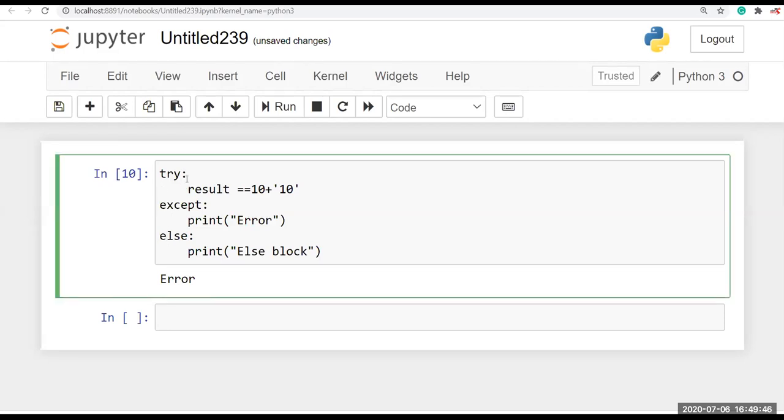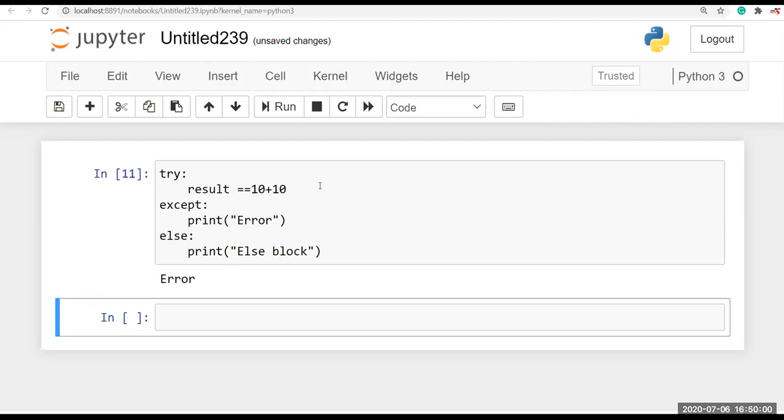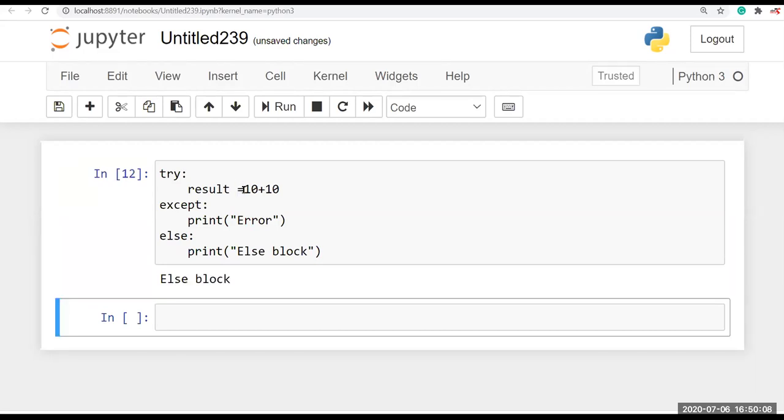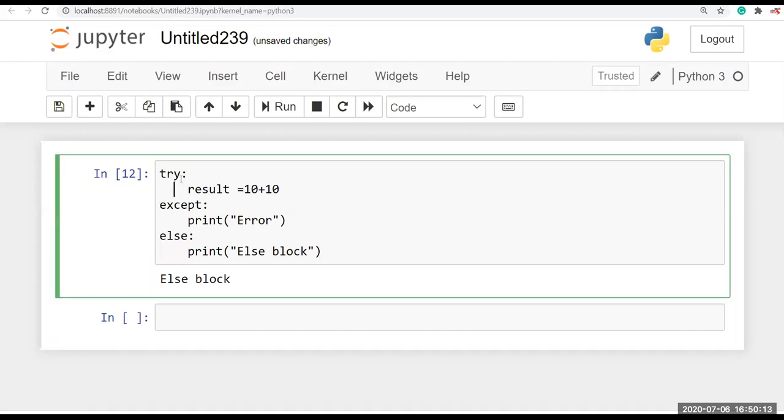If the exception block runs, the else block won't run. Here I'm going to correct the value to 10. So now you can see there is the else block. If try has no error, the else block will execute. If the try block has any error, it goes to except and the else block won't run.